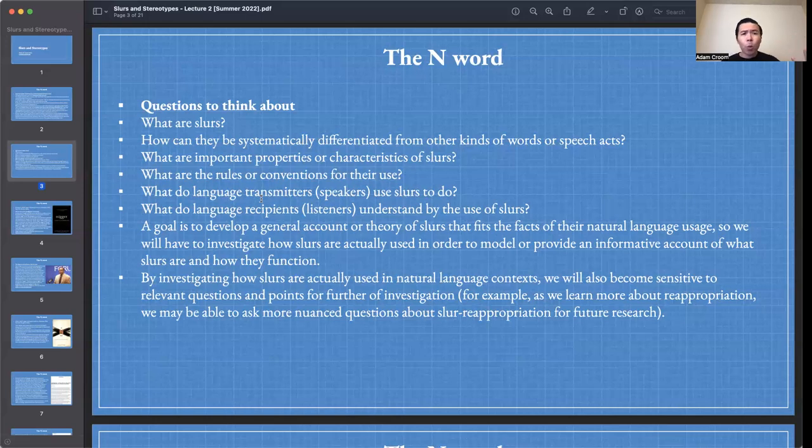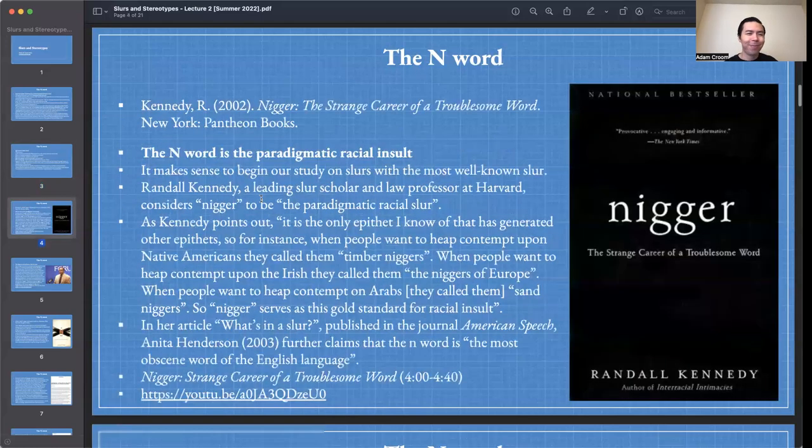Okay, we're going to start off thinking about the N word, but we can ask, do other slurs work like the N word, or are other slurs different? Is there something unique about the N word compared to other slurs, or does studying the N word help provide a model for how all slurs work? Okay, and there are just lots of questions, as we'll see as we continue through the course. We will be raising as many questions as we will be addressing. So these are just some interesting questions to be thinking about throughout the article today, and as we continue throughout the rest of the articles in this course.